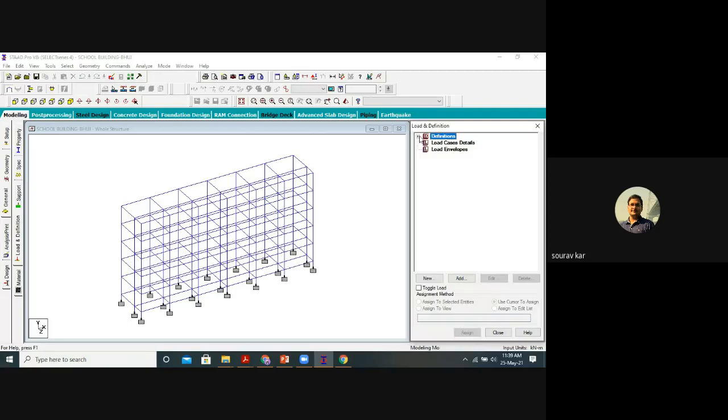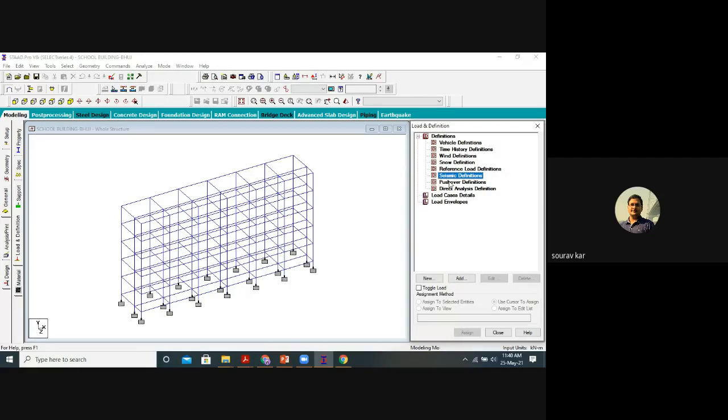Click on this plus. Now there are a lot of definitions. If you do any Indian Roads Congress code, IRC code, we can use vehicle definition, time history definition. If you are using wind load according to IS 875 part 3, then we can go for wind definition, snow load, seismic definition.